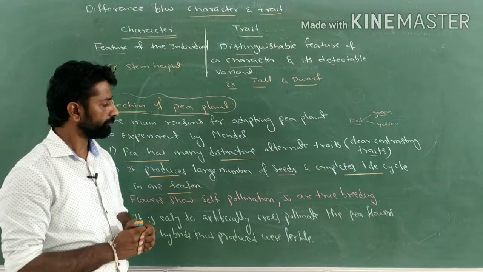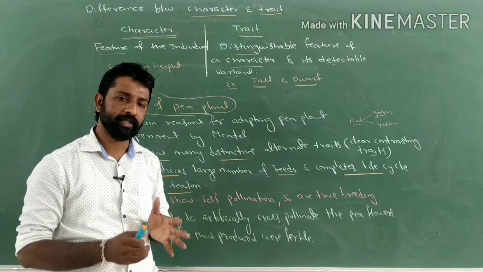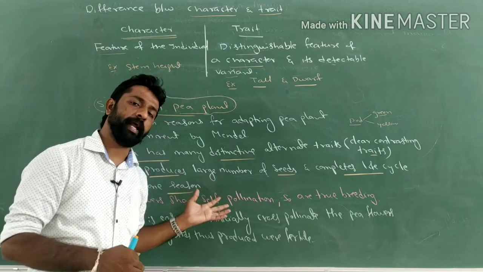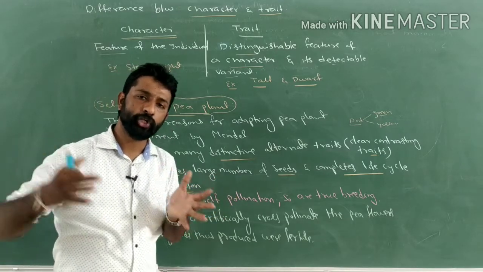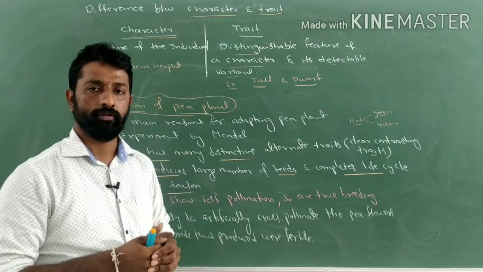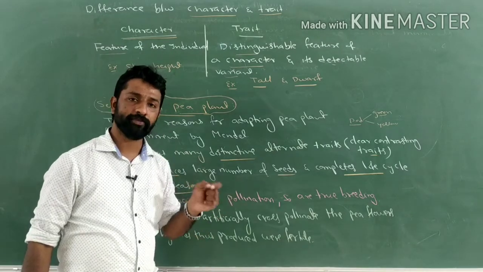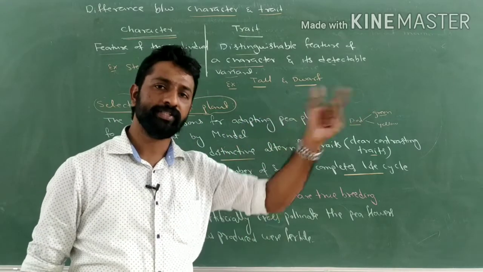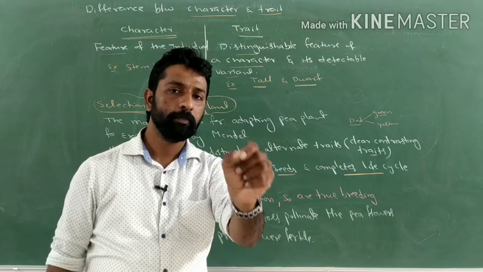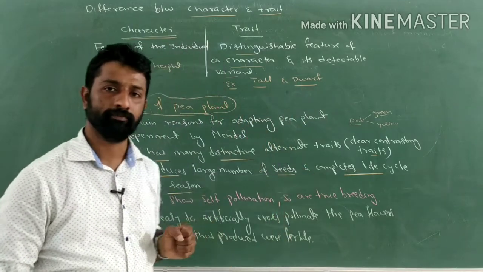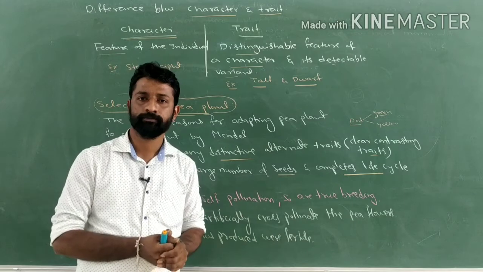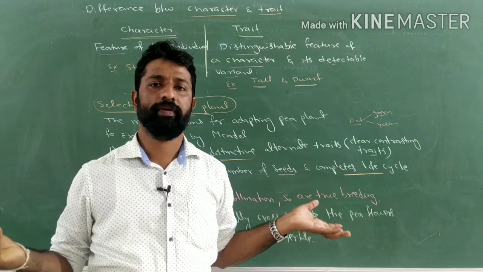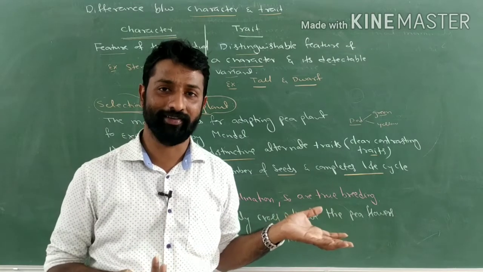Why? Because if it completes its life cycle in one season, he can study many generations of that plant in a short period of time. For example, if the plant lifespan itself is 10 years, then to study 3 generations you need minimum 30 years. Is it possible? No, right? How long we will be alive, we don't know, right? We will complete that experiment later then, right?